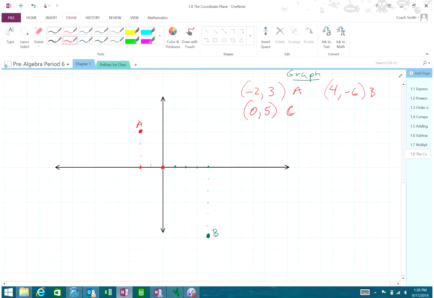Okay, so the X is 0, the Y, I need to go up 5. So 1, 2, 3, 4, 5. So that would be